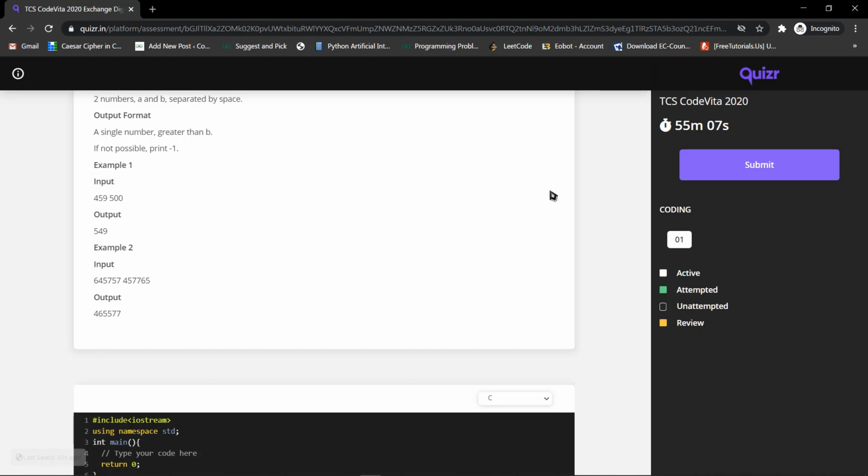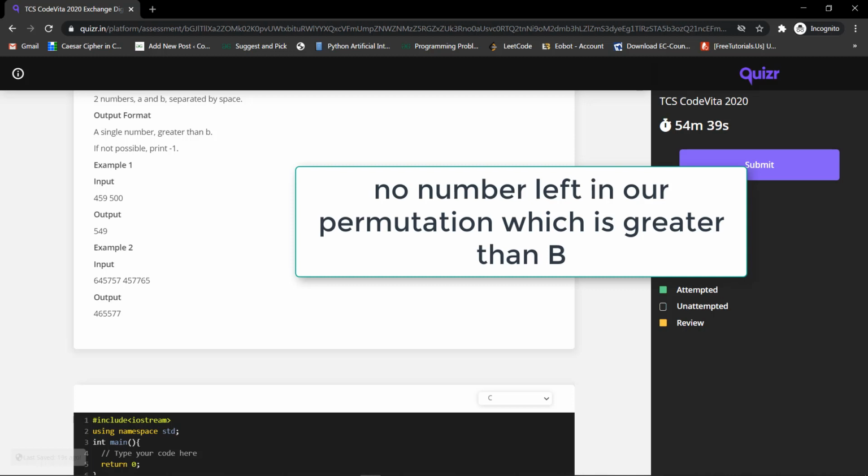Like a is 100, which means length is 3, and b is 1000, which means length is 4. In this case we are never going to find any number greater than b, because even the greatest number will be 999, which is not greater than 1000. So this was the first case when we get -1, and the second case is when there is no number left to be found.